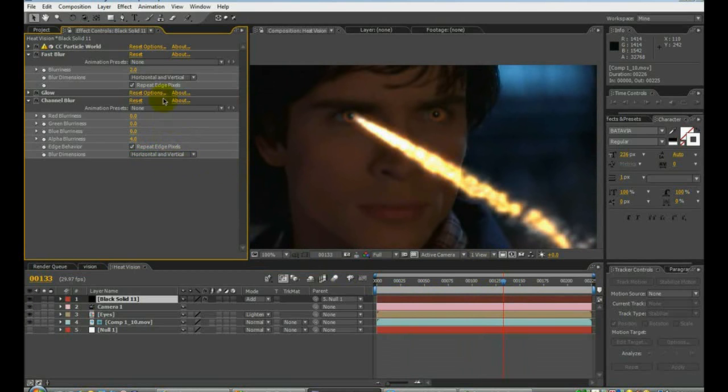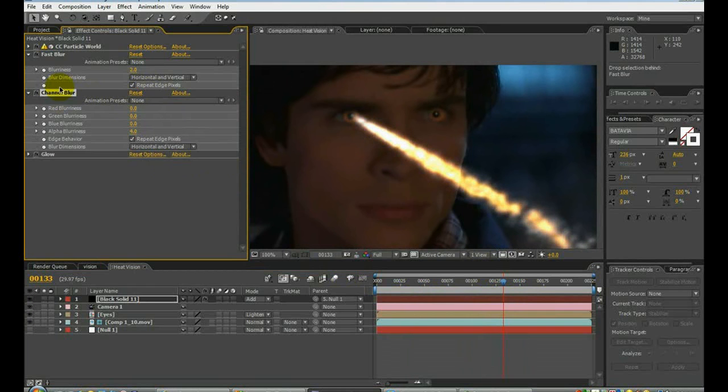There we go. I just like having it, and don't be afraid to try to bring it before the glow. See if that helps. That may even work better. Yeah, that works good. That works good. It kind of helps to